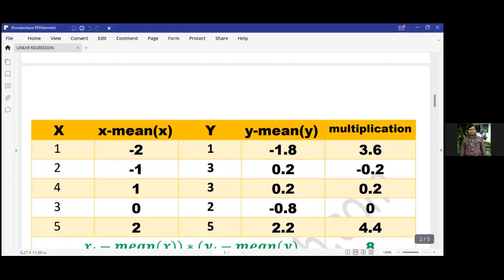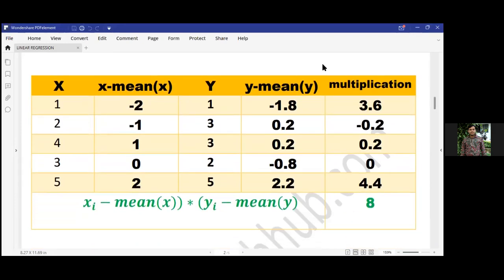This table gives you how exactly the numerator is calculated. So these are the values of X. 1 minus 3 will be minus 2, isn't it? And Y will be 1, so here 2.8 will be